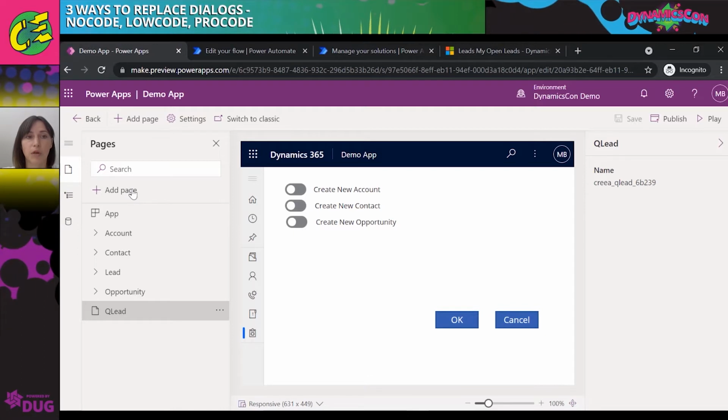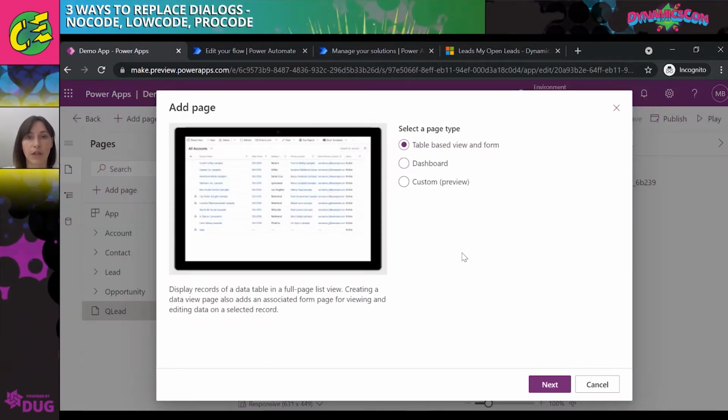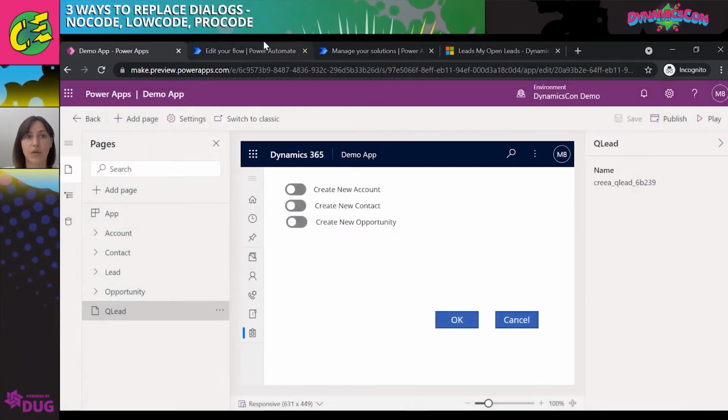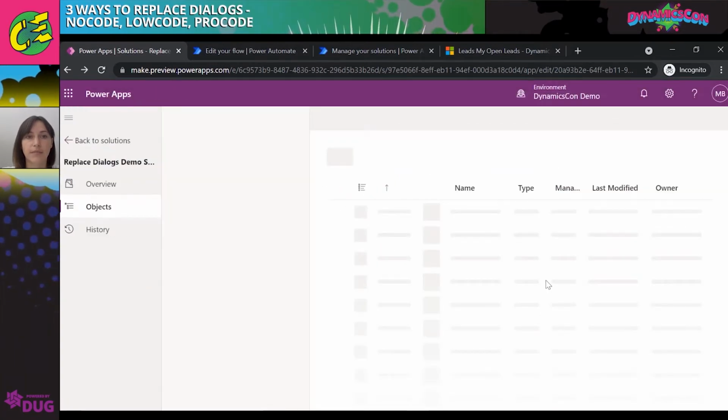So if you don't want your page to be in a navigation, I recommend you create a new page from a solution, not from here. And you are able to add only pages. You can't add an existing Canvas app to your navigation panel. So let's go back